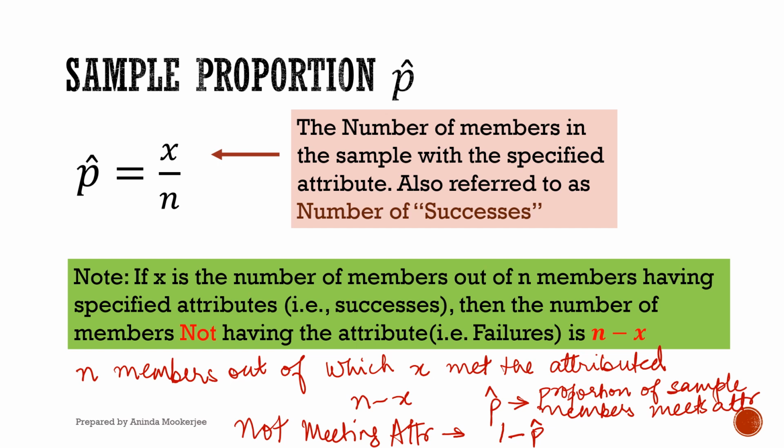So you don't have to be explicitly given the number of people who did not meet the specified attribute